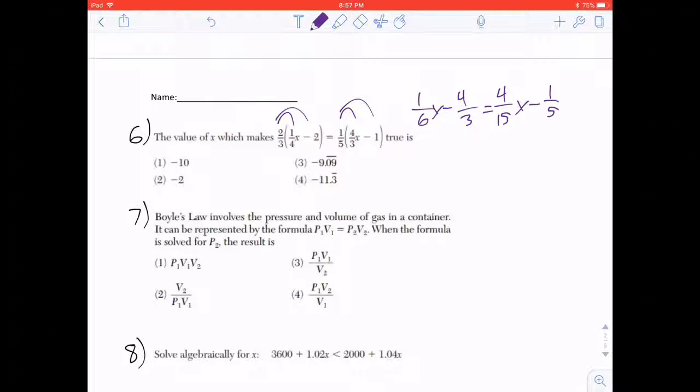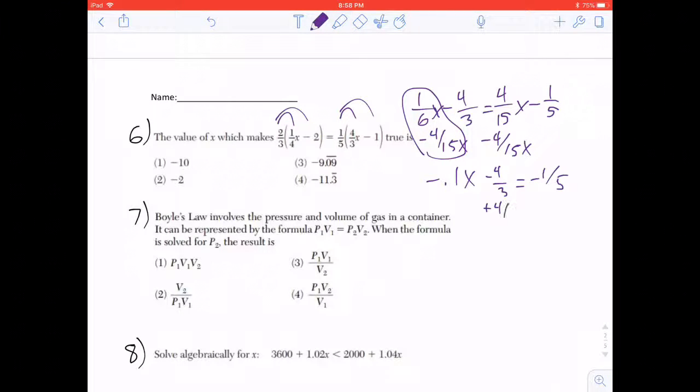Using the graphing calculator is nice and easy because I could use the math enter feature in order to make the result a fraction. I have x's on both sides, so I am going to want to subtract 4 over 15x. Again, using that calculator is extremely helpful in this case because I could combine these using the calculator, pressing math enter, giving me, well, I could leave it as a decimal, negative 0.1x minus 4 over 3 equals negative 1/5. I want to add 4/3 to both sides,